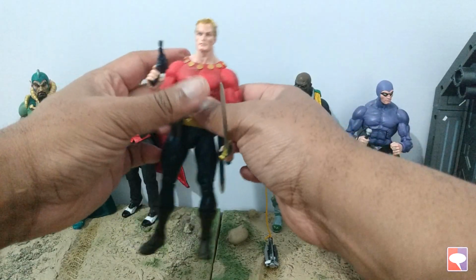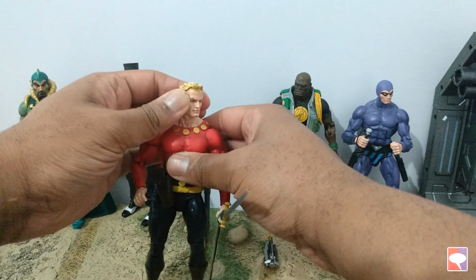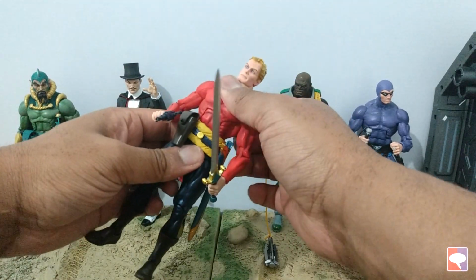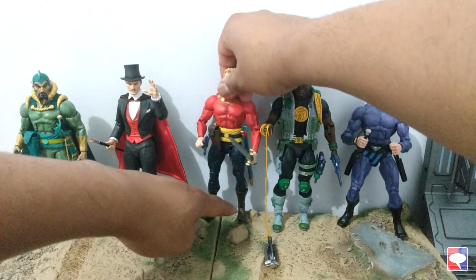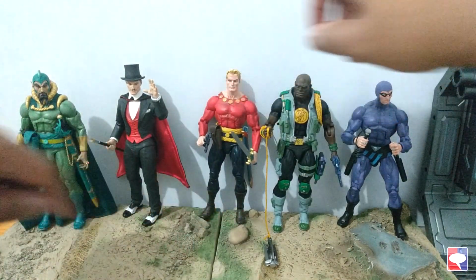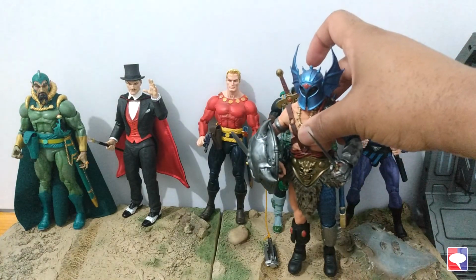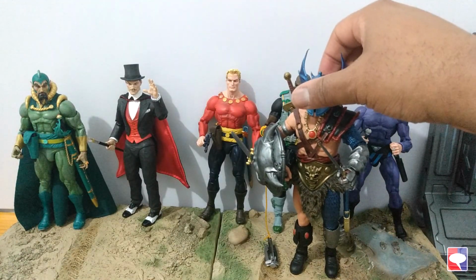One thing that we need to notice is that this Flash Gordon is much shorter than the original Defenders of the Earth version, which is a bit taller. I prefer this shorter version of Flash Gordon as it fits better overall with regular 1/10 or 7-inch action figures than the bigger ones that we tend to see today. He might even fit a little bit with 1/12 action figures such as G.I. Joe Classified and some Marvel Legends to some extent, while some characters such as War Duke, who towers over Flash Gordon, still look good with him because War Duke is a bit of a fantastical warrior, not a regular human being